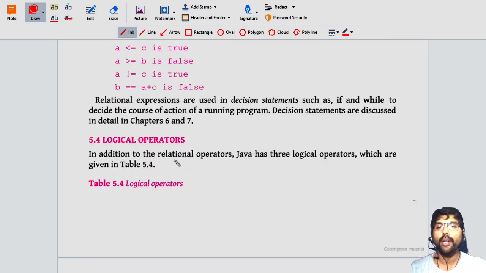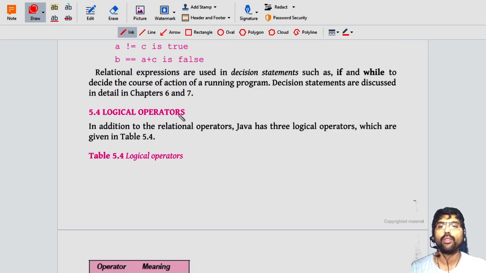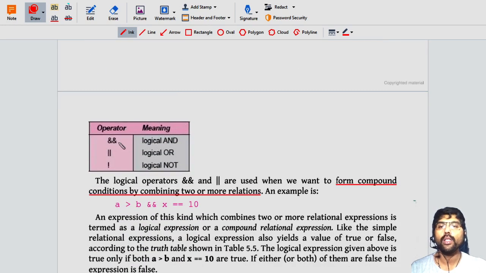The next operator is called logical operators. These are the 3 logical operators we use in Java: logical AND, logical OR, and logical NOT operator. With relational operators, we can use only one relational comparison. The logical operators AND and OR are used when we want to form compound conditions by combining two or more relations.